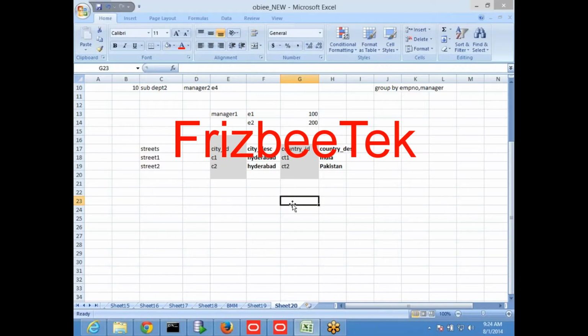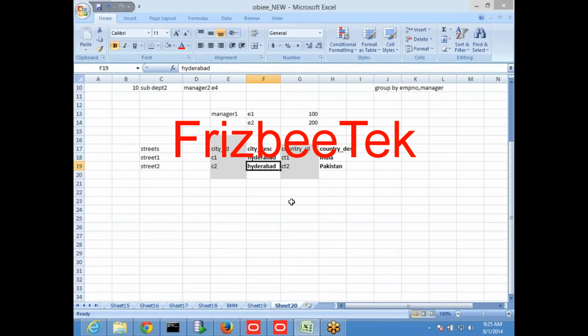Now when I have selected this column, you got two Hyderabads. When I click this Hyderabad, I want to see the streets related to this Hyderabad, because this is the Hyderabad which is in India, and this is the Hyderabad which is in Pakistan. This is a very common scenario in data. Hyderabad is Hyderabad, but the numbers given are different. So how can you pick up the right one? City ID is not there, country ID is not there.